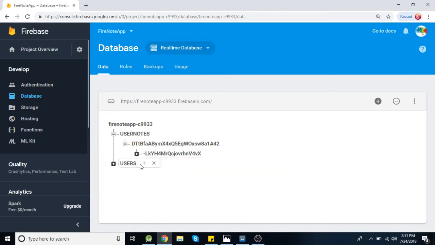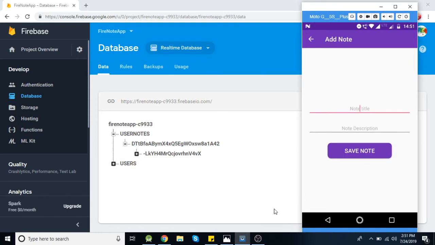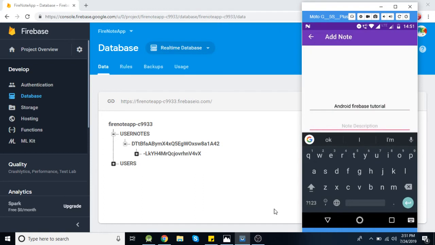Now if you save one more note here, say Android Firebase tutorial, and the description will be learn FCM integration.